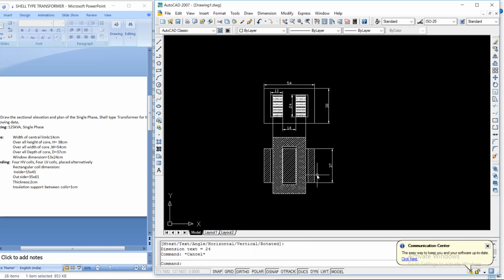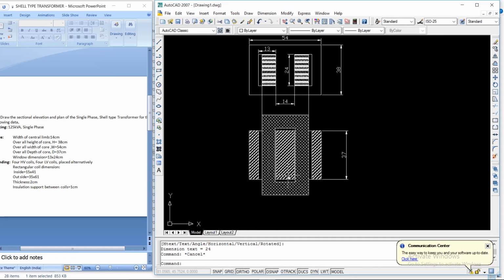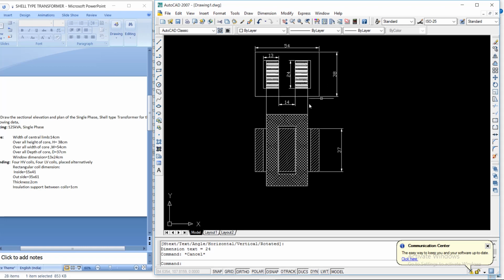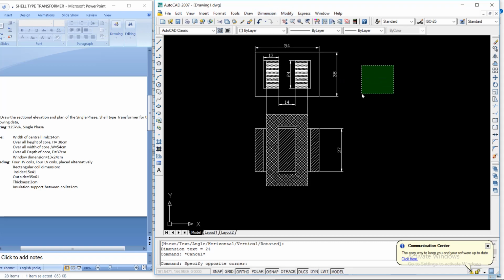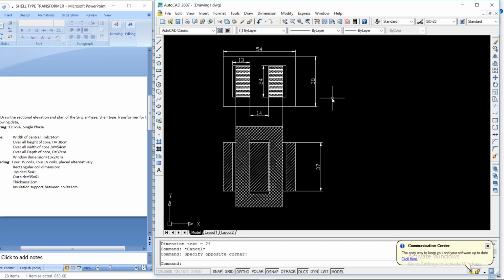So like this we can show all the dimensions by using the dimension option from the toolbar. So this is about your shell type of transformer.